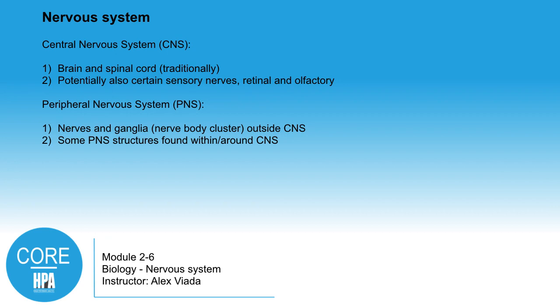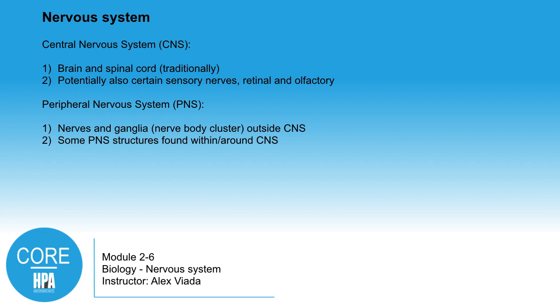Now, the central nervous system is essentially, as it states here, considered the brain and spinal cord. The brain itself is encased in the skull and the spinal cord is encased in the vertebrae. And typically speaking, anything outside of that, which gets transmissions via root ganglia, is considered part of the peripheral nervous system. However, there is some disagreement with categorization, and certain sensory nerves, particularly the retina, the optic nerve, and olfactory sensors, are actually considered part of the central nervous system as well. That is due in part to the fact that the nerves, the axons, are relatively short and insert directly into the brain itself. But of course, that will be a discussion for a later point.